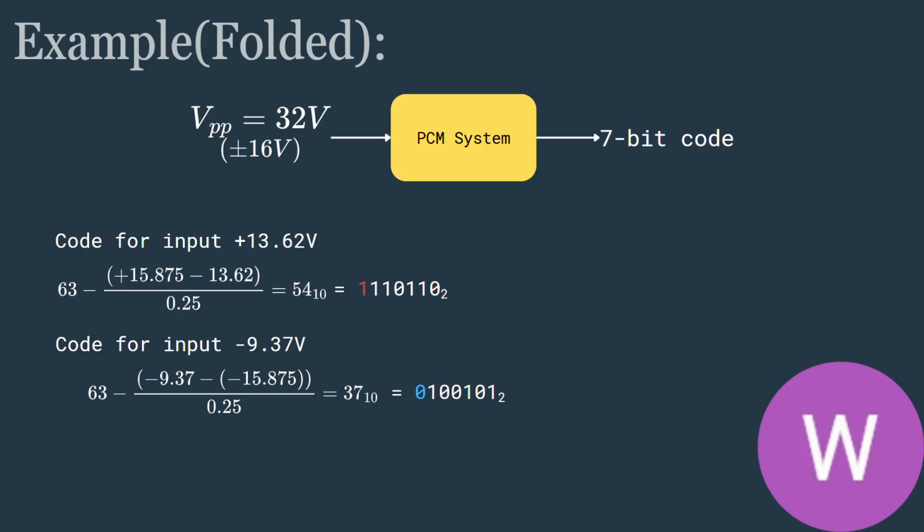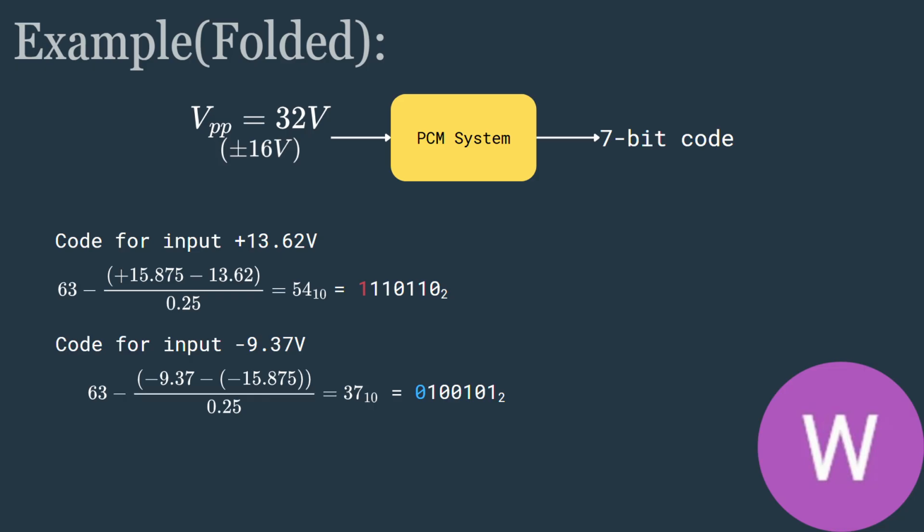So Z is 63 minus VKH 15.875 minus the voltage, which is 13.62, over the 0.25 quantization interval. So we get 54 in decimal, and then we need to convert 54 into binary, which is